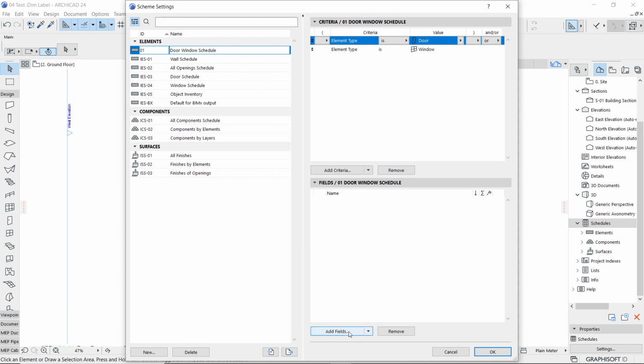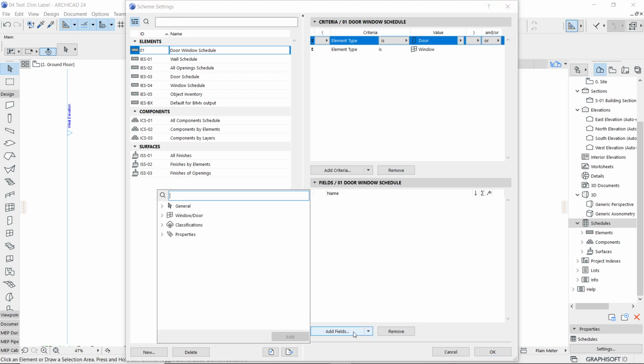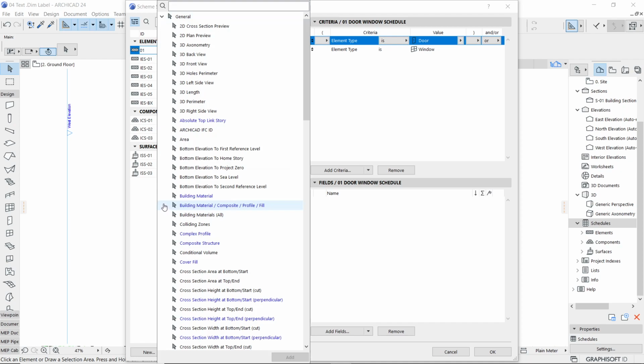So here the field is supposed to be, again if you click on this button, you will see that general group, if you expand, here these are the different available information which can be extracted and that will get written in the tabulated format, or in the schedule it will get written for you.